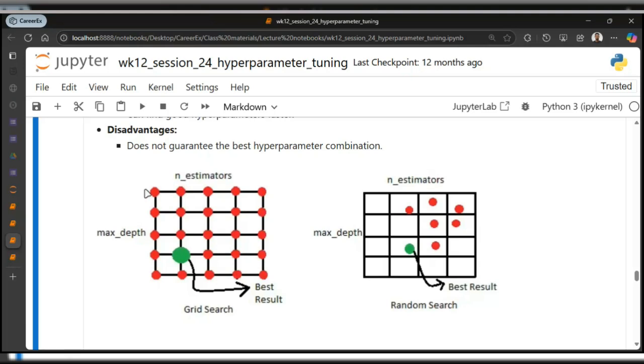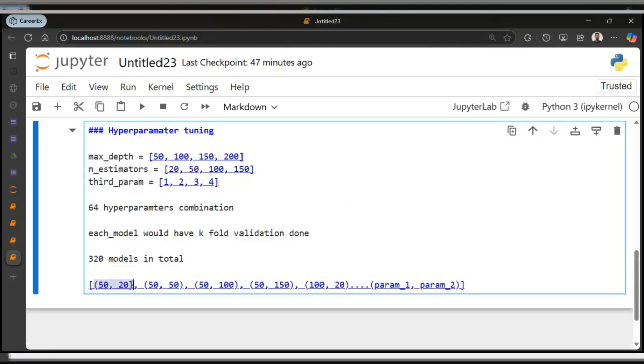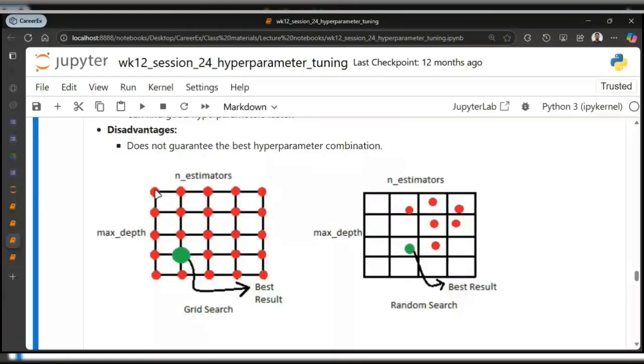Each point corresponds to these 2 values here. All right. So you now have 1, 2, 3, 4, 5. This is going to be 5 times 5, which is 25. So you'll be creating 25 models, right, using these 2 hyperparameters. So this is GridSearch. So now this green big bubble you are seeing here corresponds to the particular model or